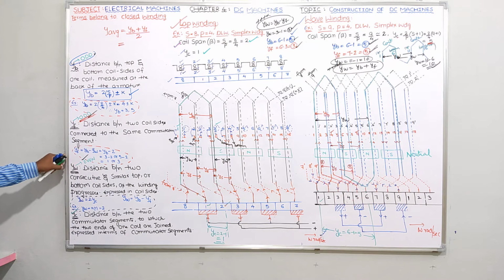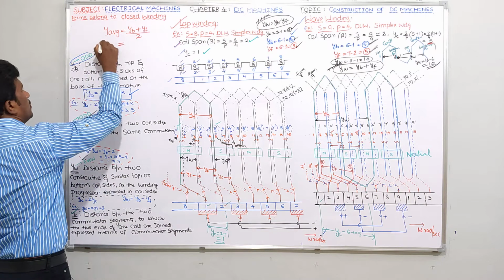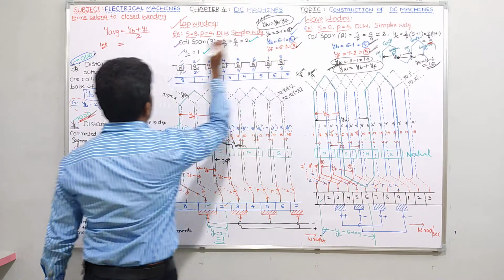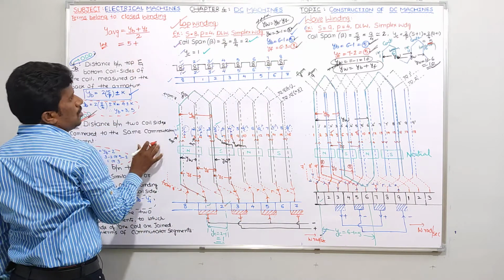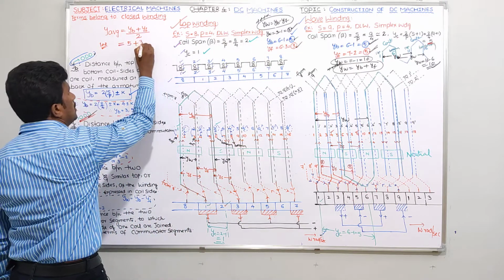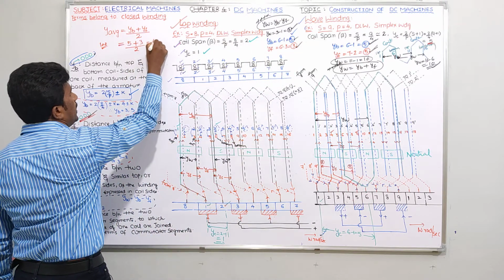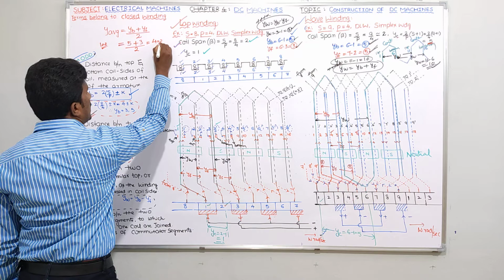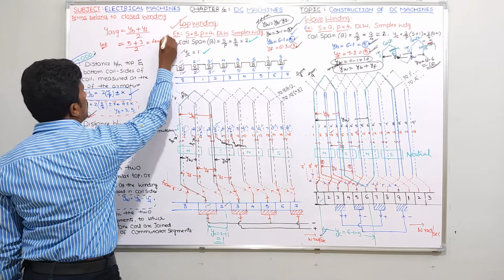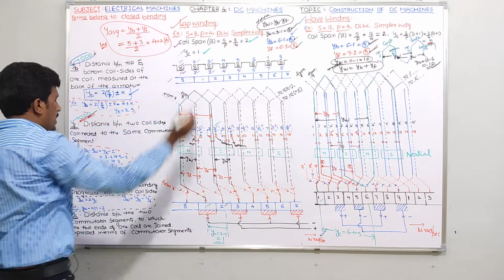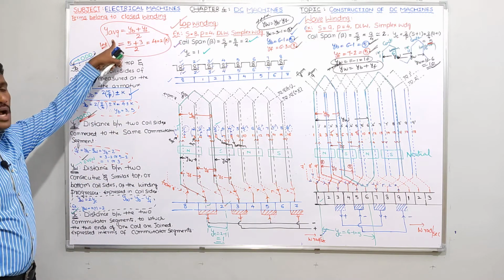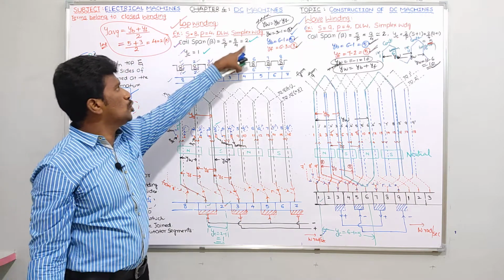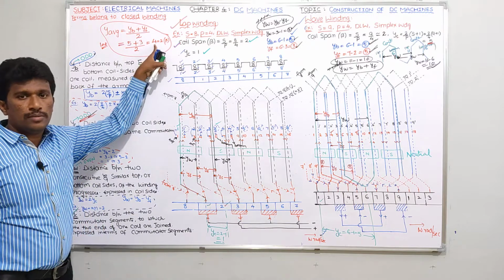Is it clear, everybody? So tell me guys, if you take the example of lap winding, what is the value of YB we got here? YB value, please tell me. 5 plus YF, how much more? 3. 5 plus 3 by 2, how much are you getting? 4, right? So this 4 is approximately equal to 2 times the coil span beta. Yes or no? Please check here. So the average pitch will be approximately equal to 2 times the coil span. What's the coil span value in this example? 2. 2 into 2, 4 only, no? Yes or no?